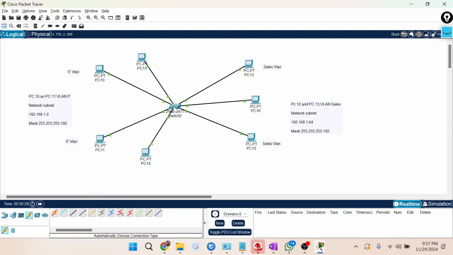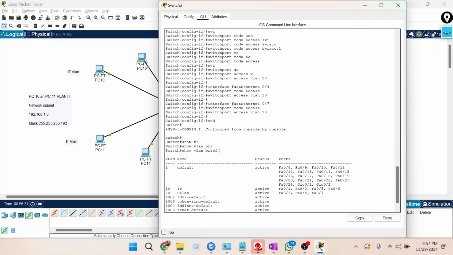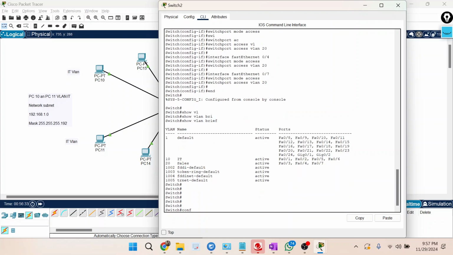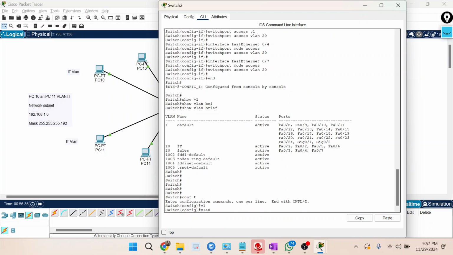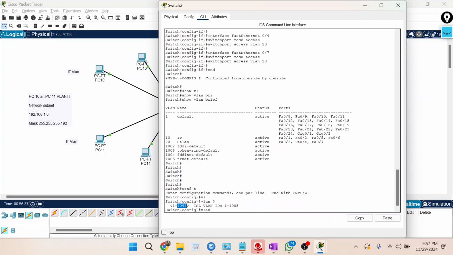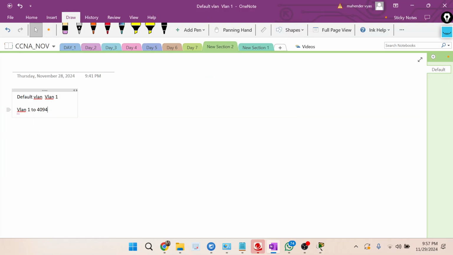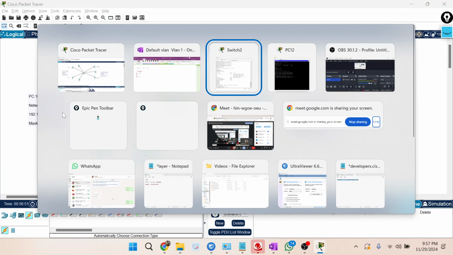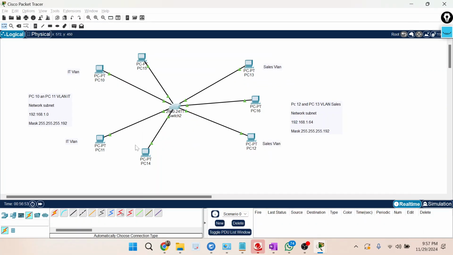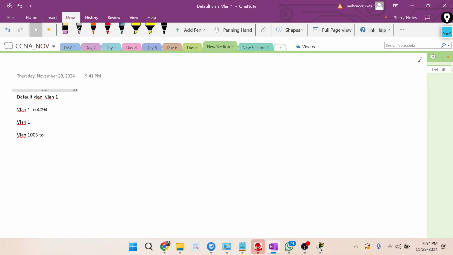Coming to real time, how many VLANs can we configure? VLAN 1 to 4094. This many VLANs you can configure, but VLAN 1 and VLANs 1002 to 1005 have restrictions.